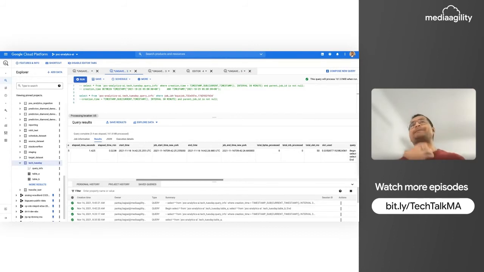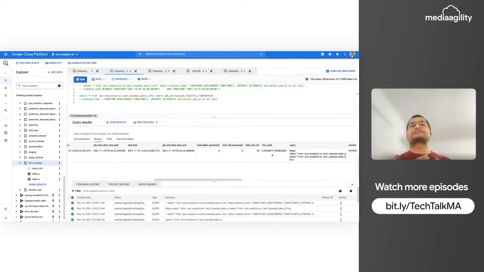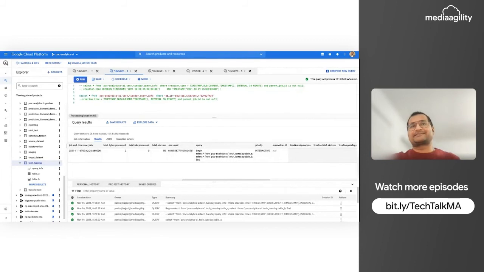But what if your application is running these things and you don't have any control as of now, and maybe you want to analyze some data after 2 days, 3 days? Over 1 day, how many queries we ran and how many bytes they processed, what all those things. Now, this is the slot information, like how many slots my query used. And this is the query, and then the priority of that query, interactive, because we just ran it. Was there any reservation associated?